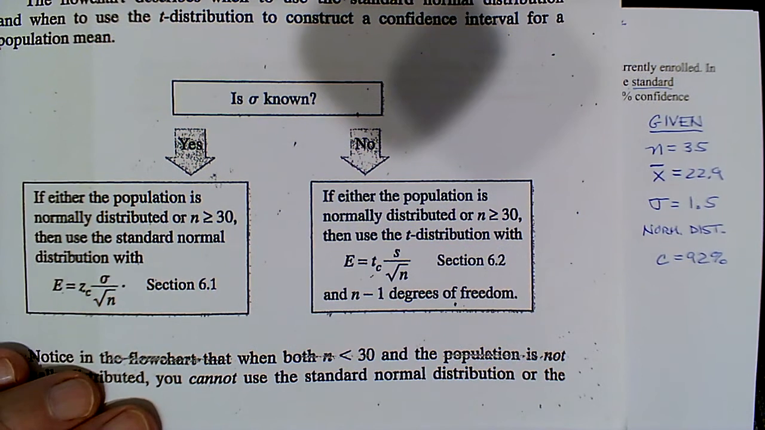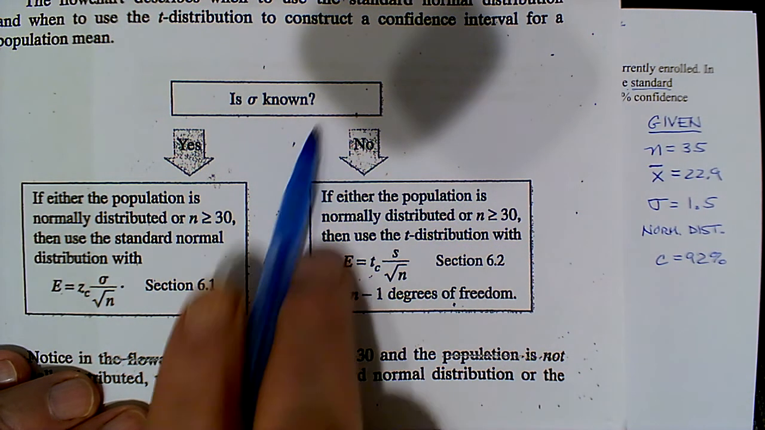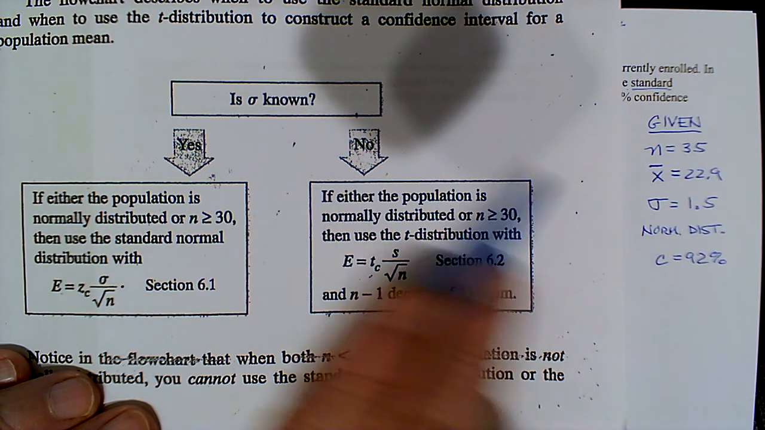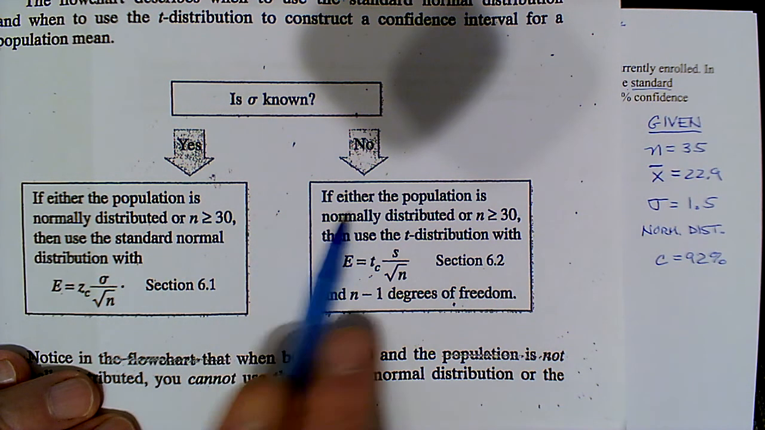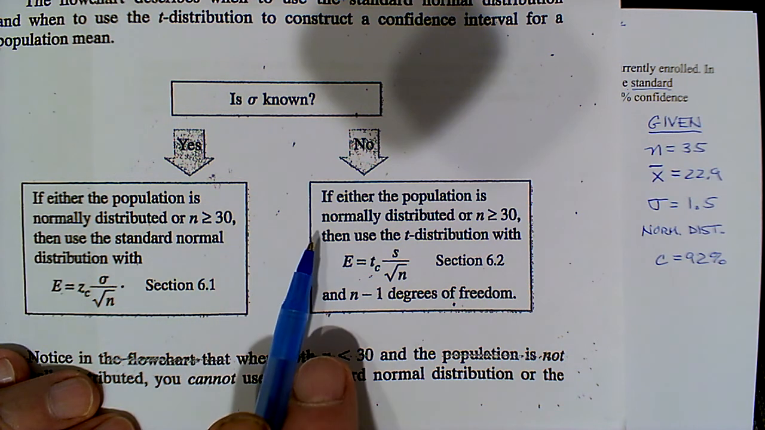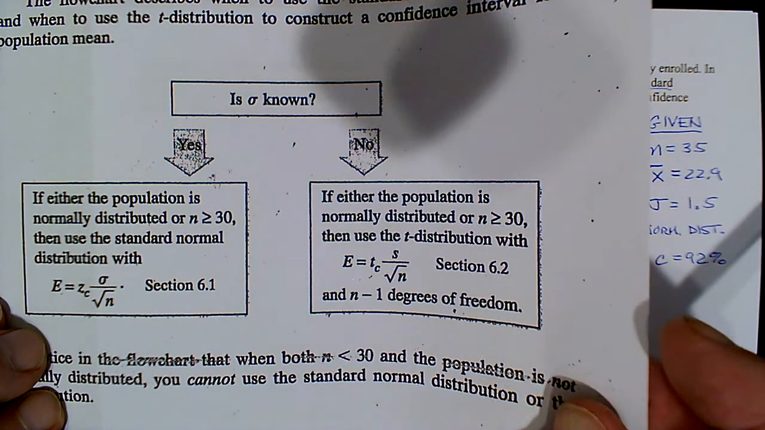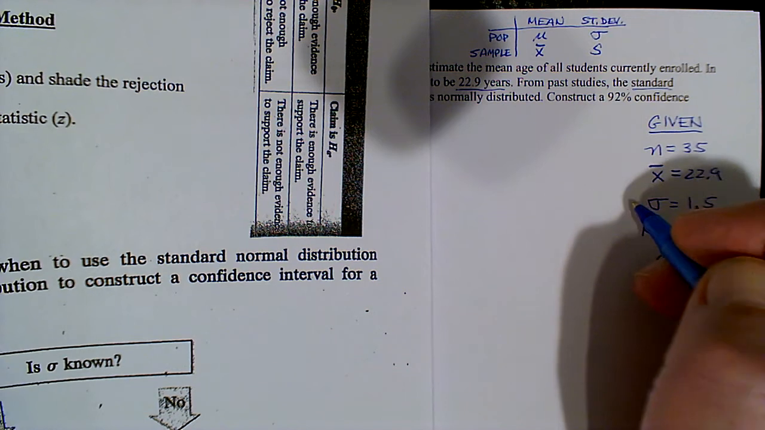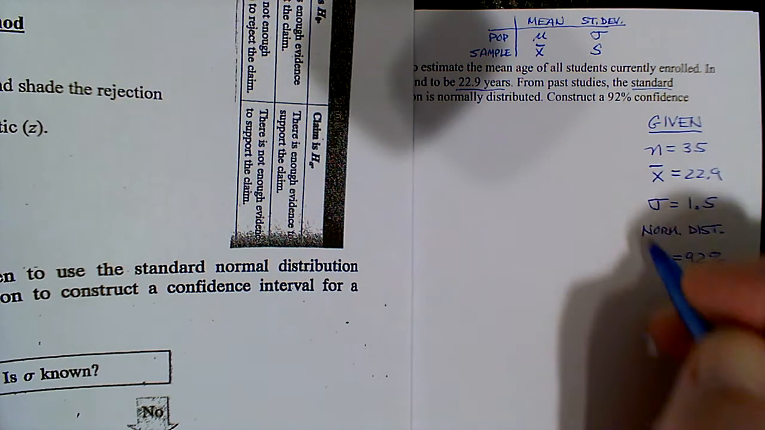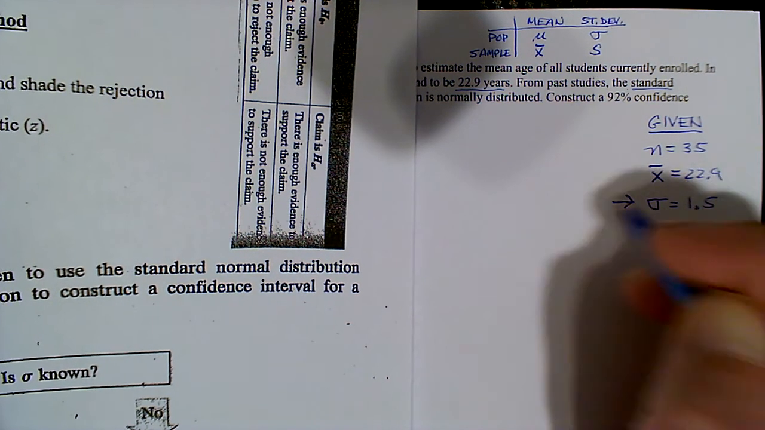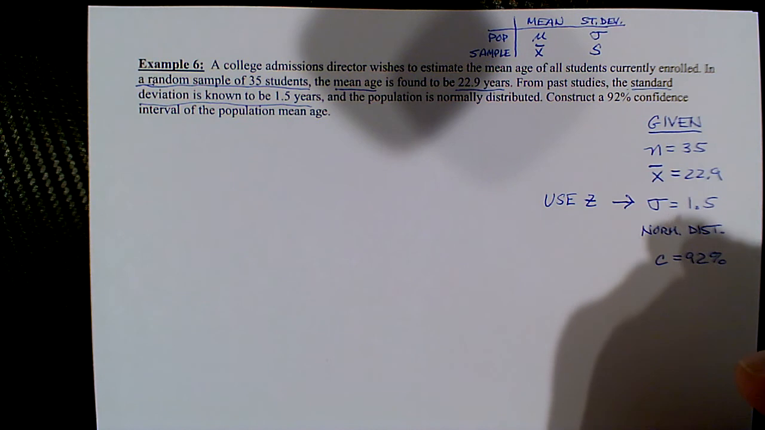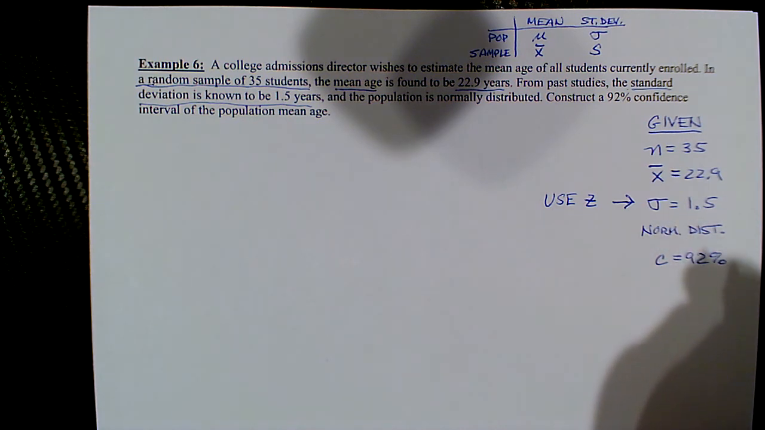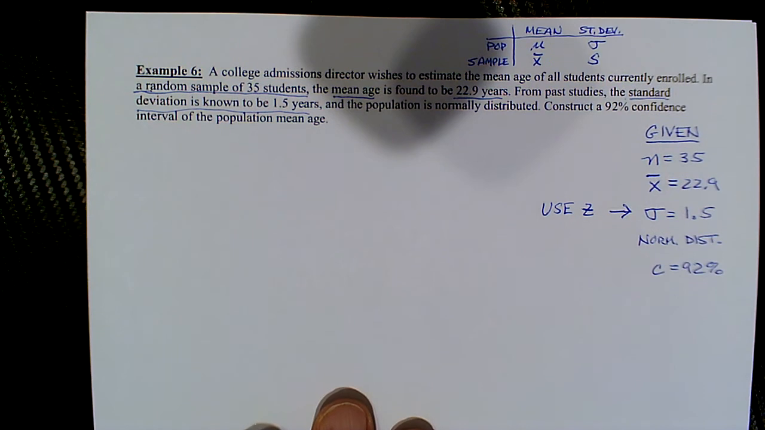But notice that it first asks, do you know sigma? If you know sigma, which we do, immediately we're going to use Z. If not, we're going to have to explore the other characteristics. But right away, this tells us that since we know sigma, we're going to use the Z distribution. And once we decide what distribution to use, and we'll see the differences later on when we start talking about the T distribution,